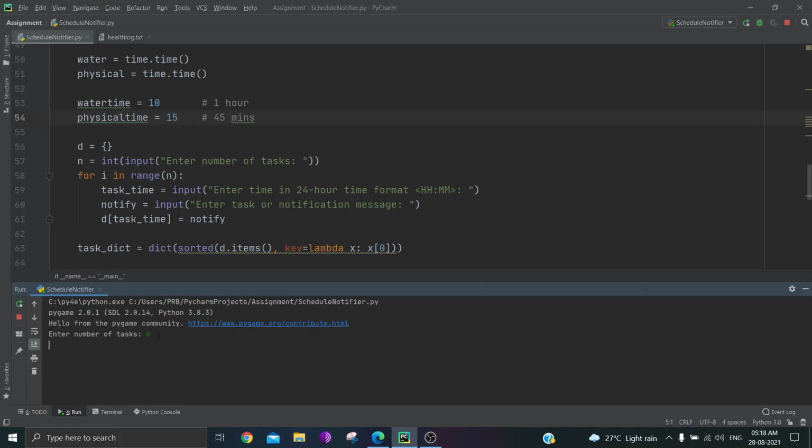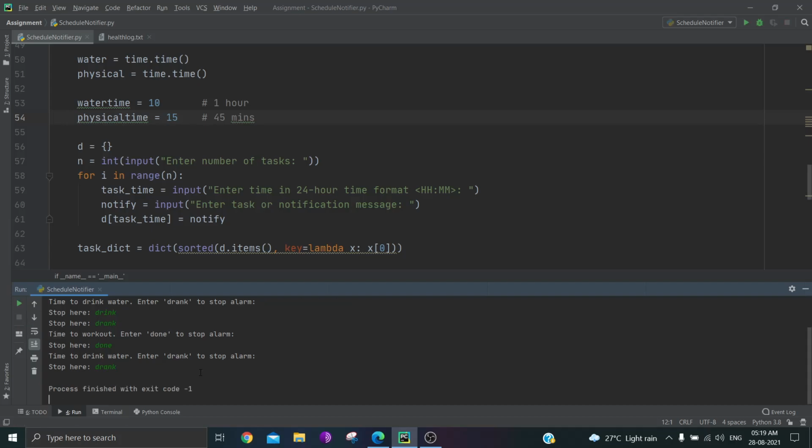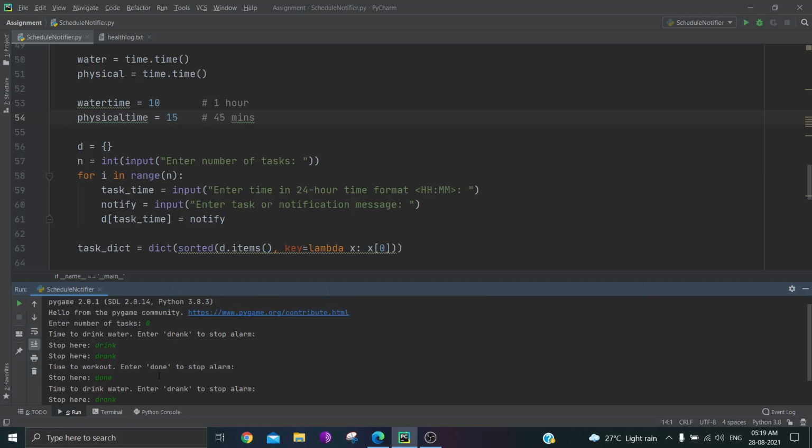But for drinking water, it will go off after 10 seconds, and for exercise after 15 seconds. So it will continuously remind me after every 10 seconds and after every 15 seconds.